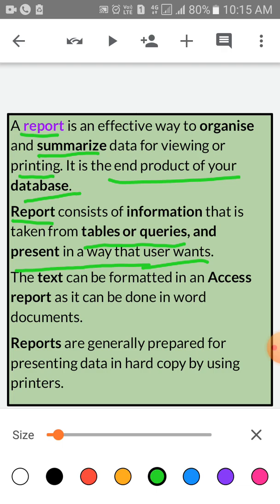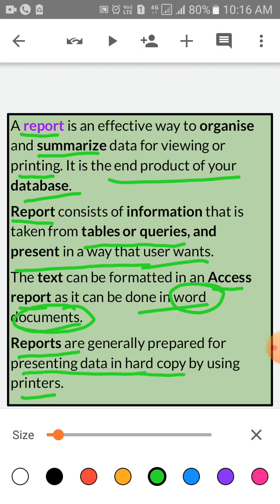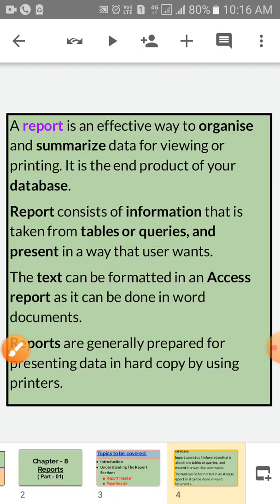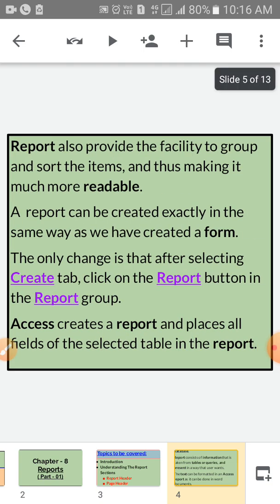The text can be formatted in an Access report, as it can be done in a Word document. Reports are generally prepared for presenting data in hard copy by using printers. Children, remember one thing: a report is an effective way to organize or summarize data for viewing or printing.